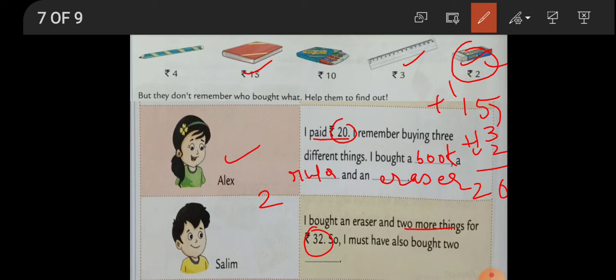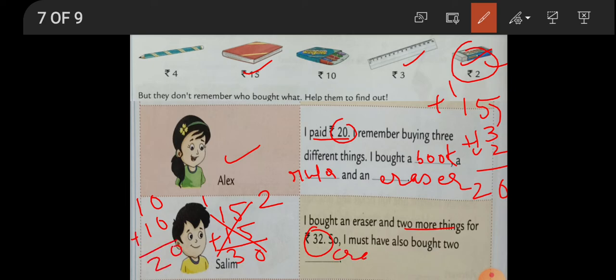Okay, let's see now. First we start with the book. If he is taking 2 books, do we get 20? 5 plus 5, 10, 0, 1 carry. No, you get 30. So you cannot. No, he has not bought the book. See, this is how we have to test. Okay, then what two things? Crayon. Yes, 10 plus 10. See, you have to do it like this, beta. 0 plus 0 and 20. That means he has bought 2 crayons for 20 rupees and one eraser.